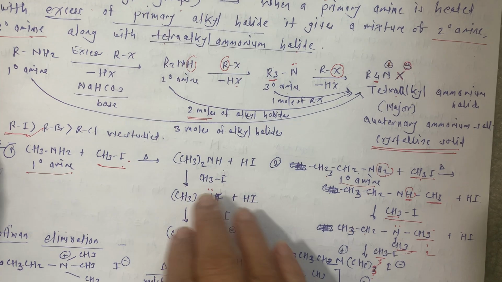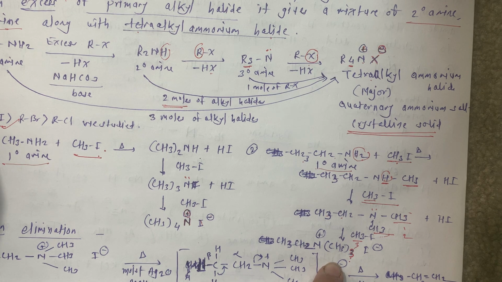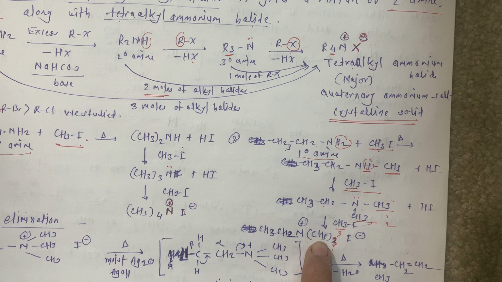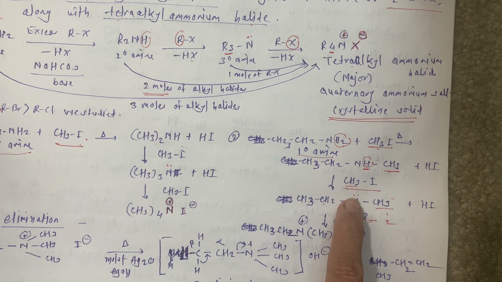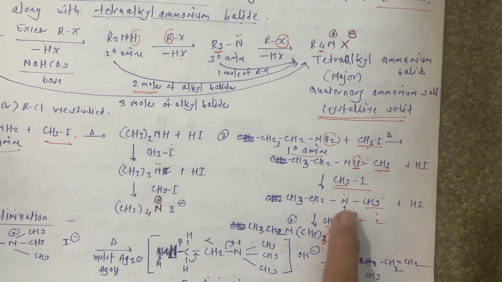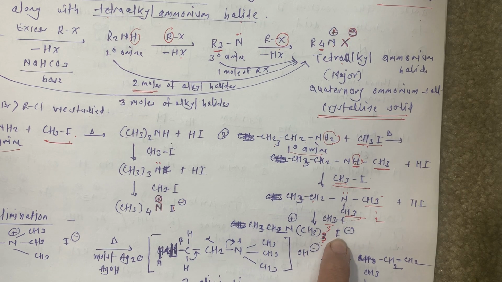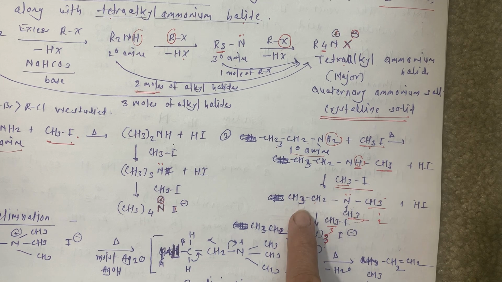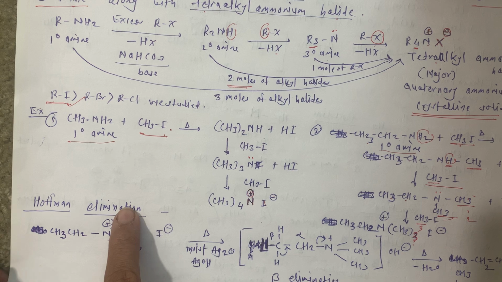In the last video, we studied exhaustive methylation, known as Hofmann's exhaustive methylation. Here, three CH3 groups are attached to the N, and now the lone pair of electrons is also used. That's why this N now has a positive charge, while the I minus, which comes from the alkyl iodide, that is methyl iodide, is carrying the negative charge. Based upon this product, the next reaction is Hofmann's elimination reaction.